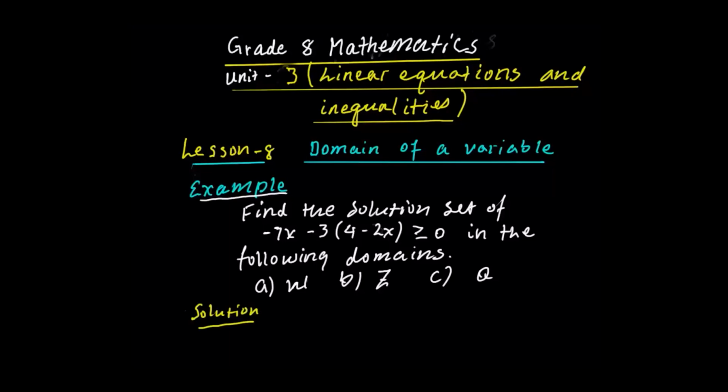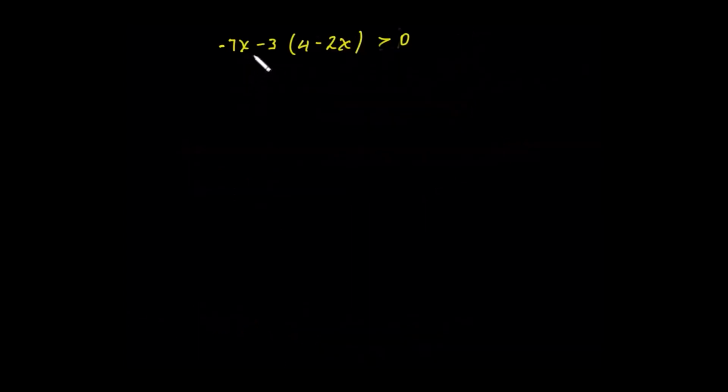Let's see the solution. First የመጀመሪያው ስቴፕ first solve the given inequality. የመጀመሪያው ኢኒኳሊቲ የተሰጠን ኢኒኳሊቲ ሶልቭ ማድረግ ነው። ስለዚህ በሚቀጥለው ፔጅ ላይ ሶልቭ አድርግላችሁ ተማሪዎች። እሺ የተሰጠን -7x - 3 into 4 minus 2x is greater than 0 ነው። The first step get rid of these parentheses ወይም ብራኬቱን ማስወገድ ነው። That means we use distributive property of multiplication over subtraction ያንን መጠቀም ነው።